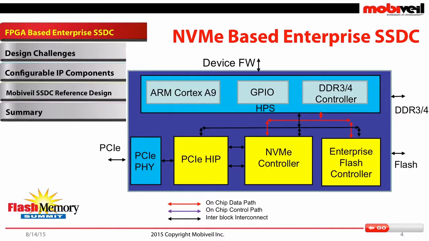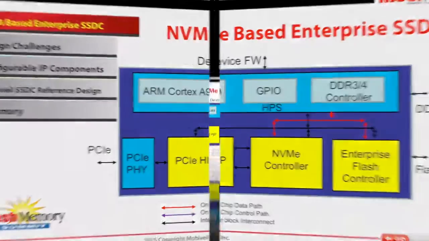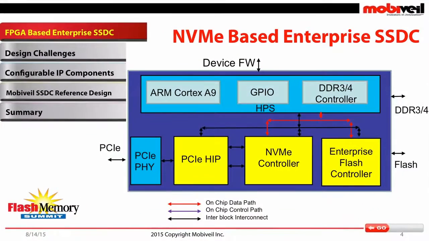And of course, for it to happen on a device, you would need a hard processor system. So HPS, which is available in these FPGAs available today, but what one can use is some of the GPIOs and the DDR3 and 4 controller. So the interface-wise, you have got a PCI Express, flash, DDR3, 4, and the firmware interface, where a lot of value-added functions are going to be added. In terms of data path, there is going to be data movement from PCI Express host side through NVMe to the flash and vice versa, and then you have the control path to all the components in the reference design.